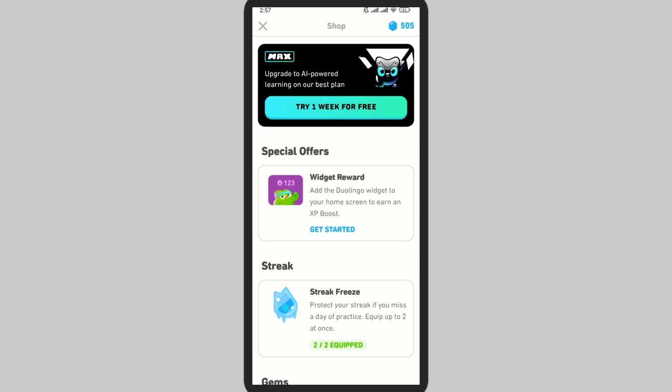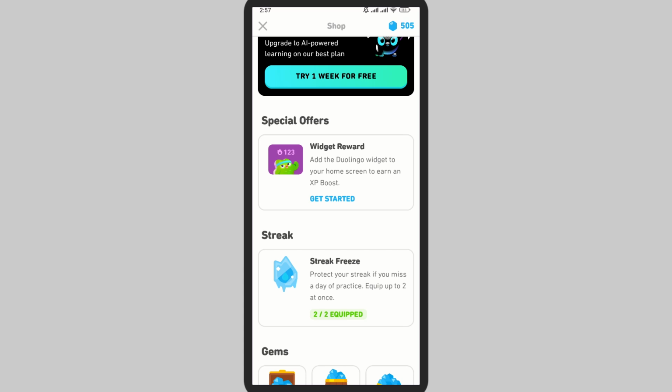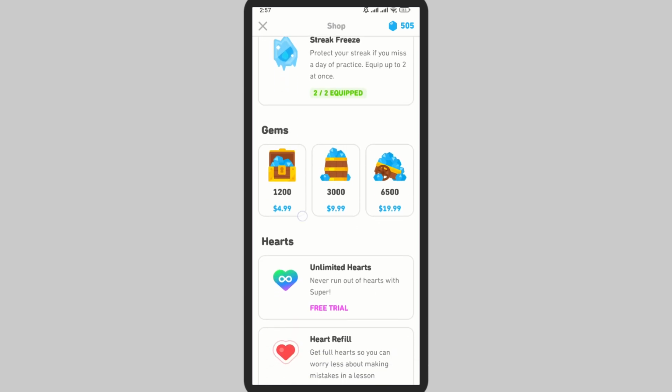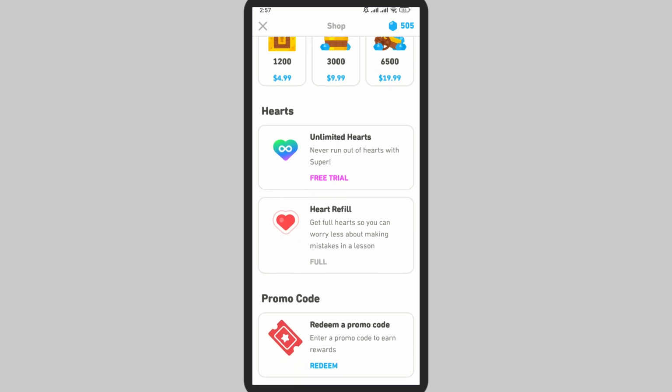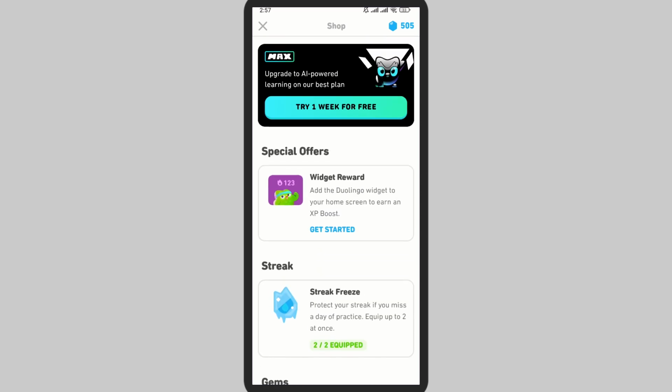Now you can use these gems in different ways. Here you can add different widgets and you can even purchase different lives in order to play the game. So here, as you can see, you'll be able to purchase them using real money also. Here you can see different other methods and you can use the gems easily. So basically we use gems in order to redeem lives and later